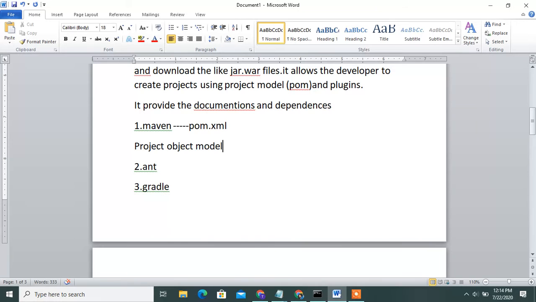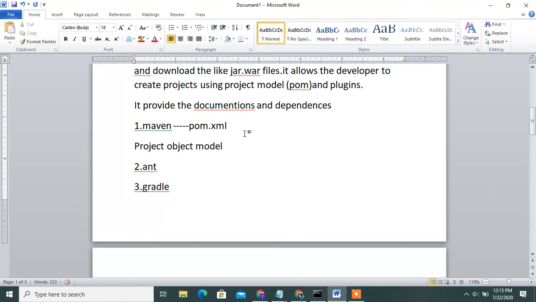Once you execute the pom.xml, under it you write the group id and artifact id, the versions, and the dependencies. After the dependencies you can also install the plugins.